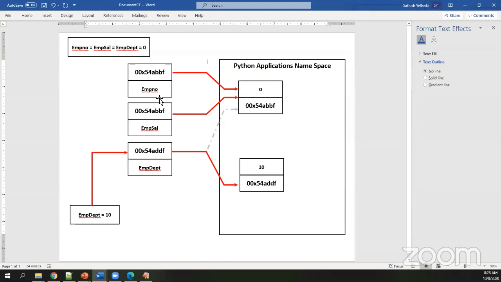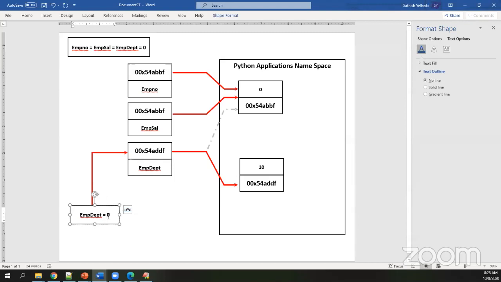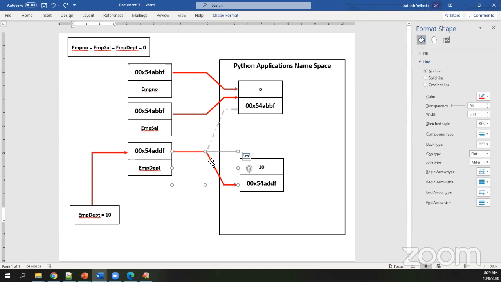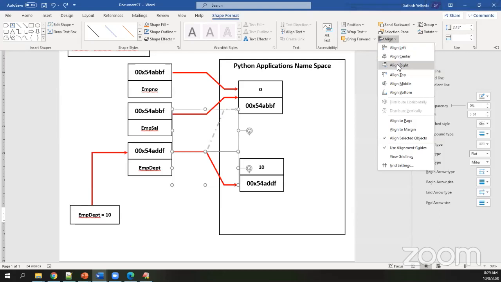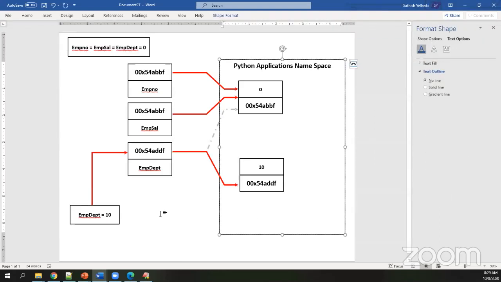Now say by some requirement, your department number becomes 0 once again. If that object is still available, Python goes back to that address automatically. If it became 10 once again, as long as that object location called 10 exists, it comes back to that location. It means the garbage collector should not have eliminated it. If it is eliminated, you can't do anything. Am I clear with you? If that location is available, it automatically operates on that location. You don't need to worry.